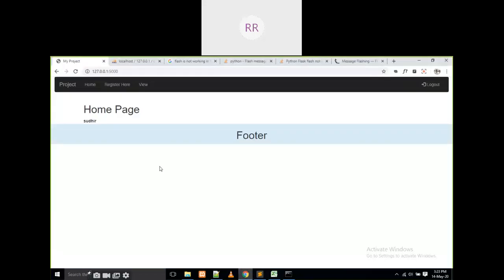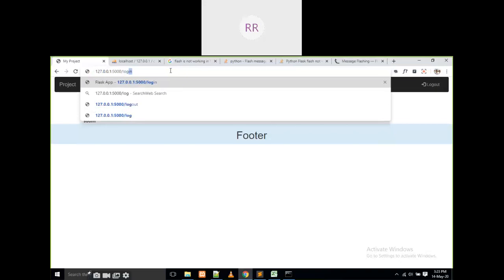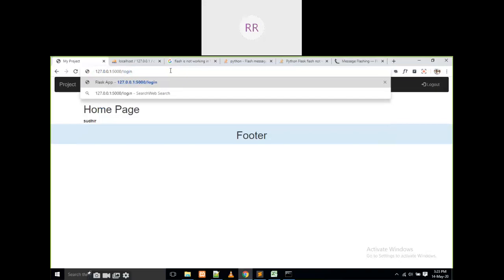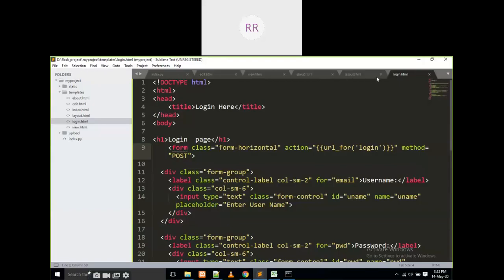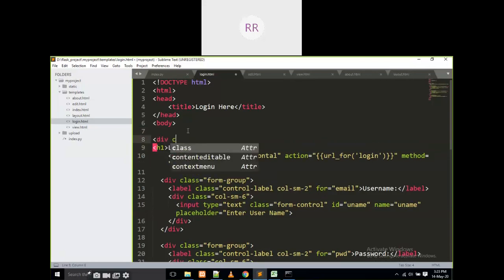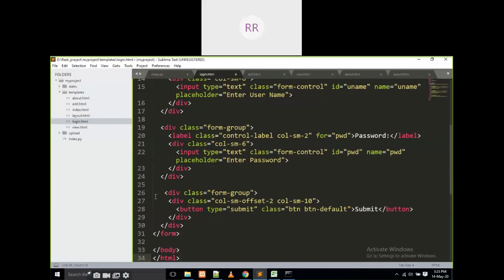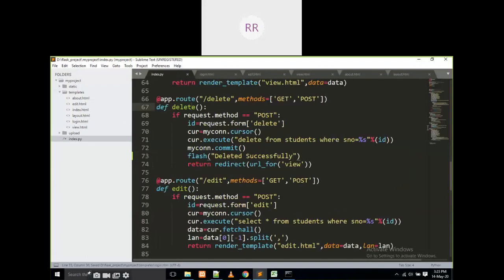First of all, I'm going to write here login. This is the login page. I'm going to give a div with class equal to container, like this.